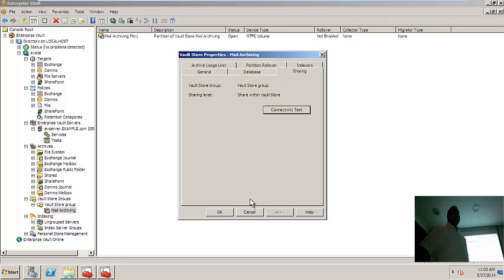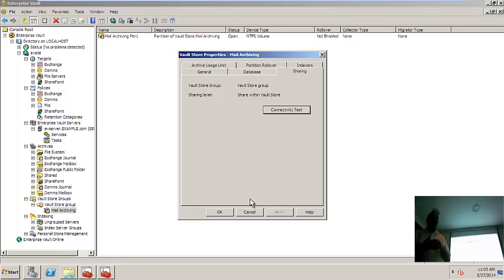This is basically your single instance feature. We have two levels of sharing: share within vault store, and share with other vault stores within a group.